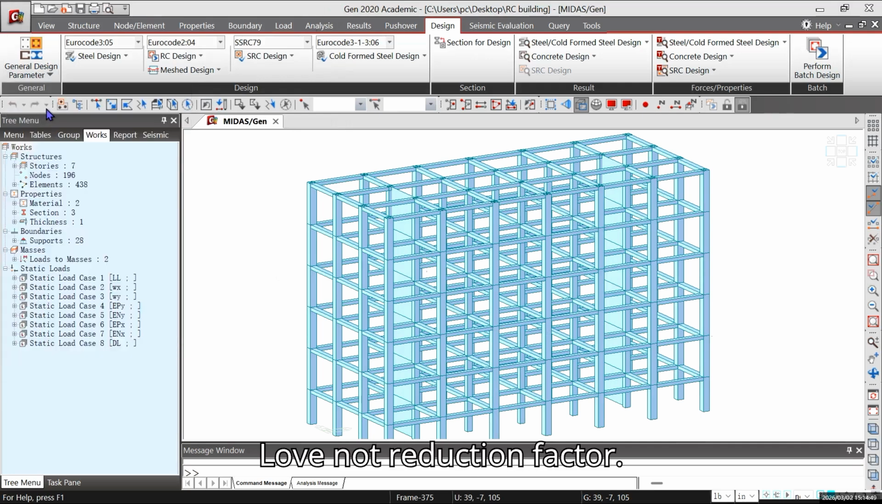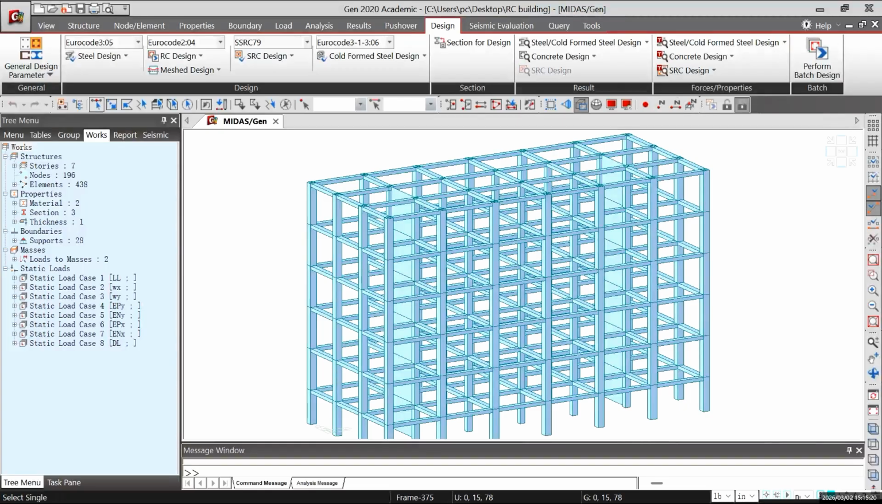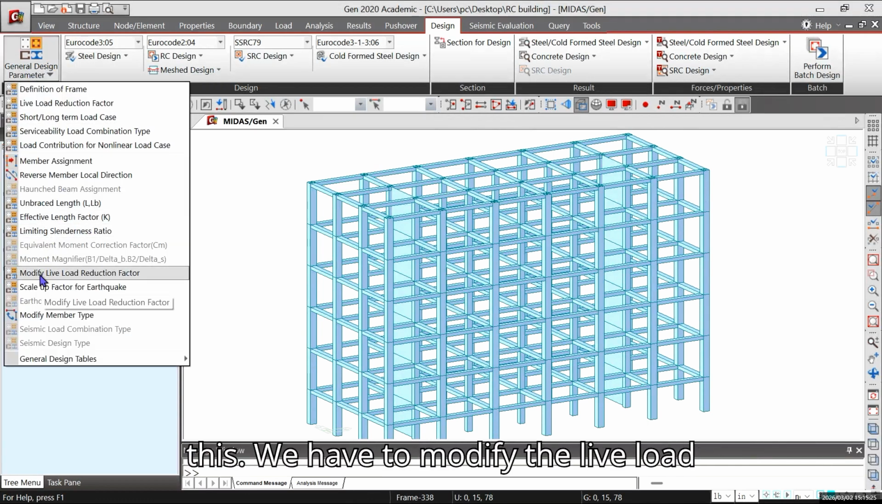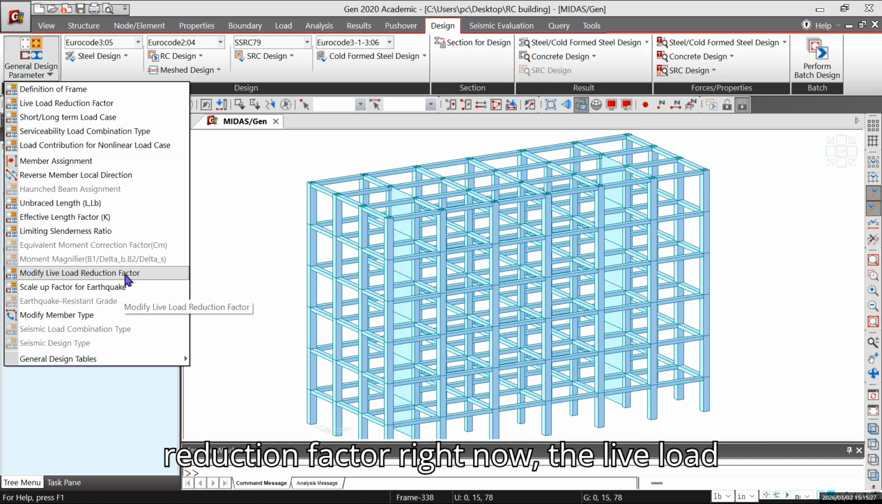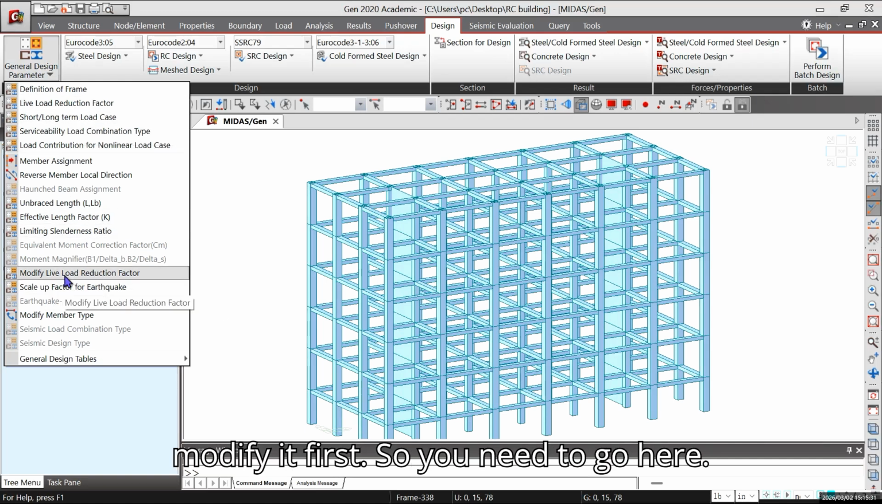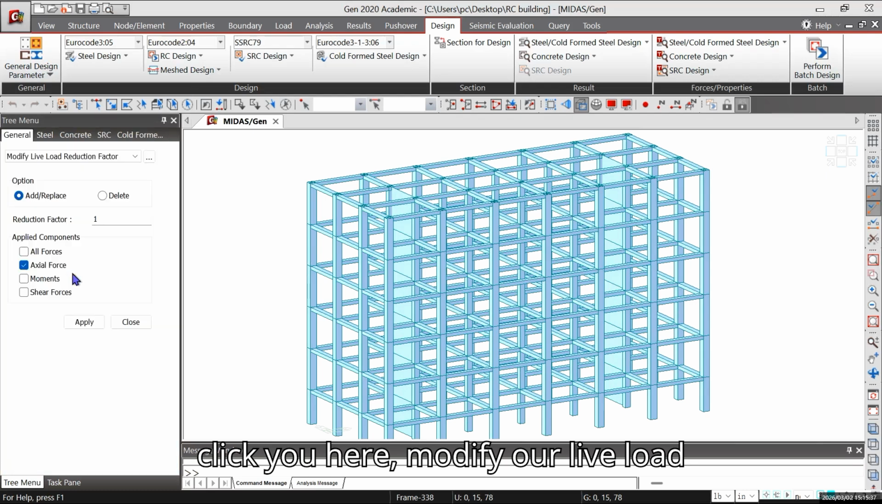Live load reduction factor. Let me just do this. I can see modify. We have to modify the live load reduction factor, right? We have to modify it first. So you need to go here. I'm gonna click in here, modify live load factors, and here we have our option,